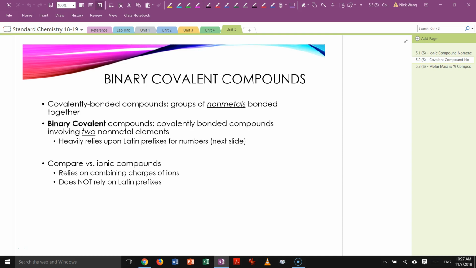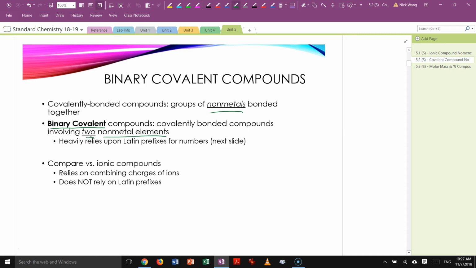There are a couple of things worth noting. Don't forget that covalently bonded compounds are groups of nonmetals all bonded to each other. And nonmetals, of course, come from a very specific part of the periodic table, so please make sure you review where those are. When we talk about covalent compounds, there are several types. We're going to start off with binary covalent. So binary covalent refers to a compound where it's covalently bonded, so that means two nonmetal elements,